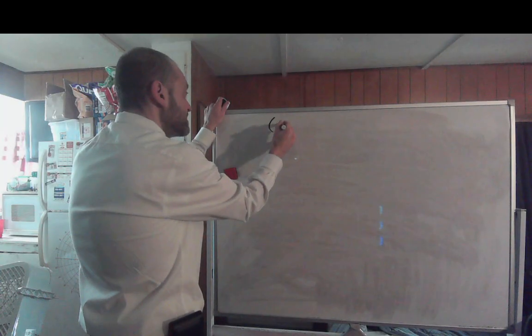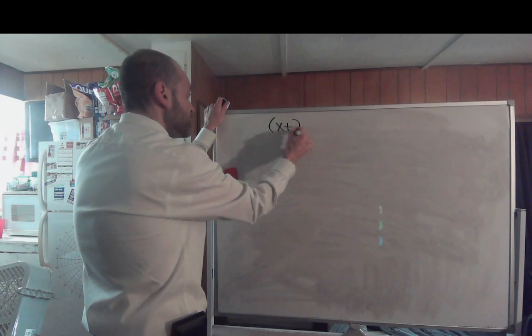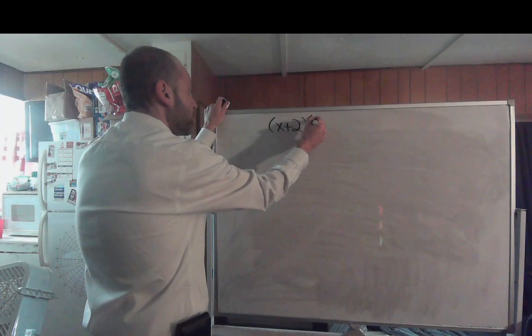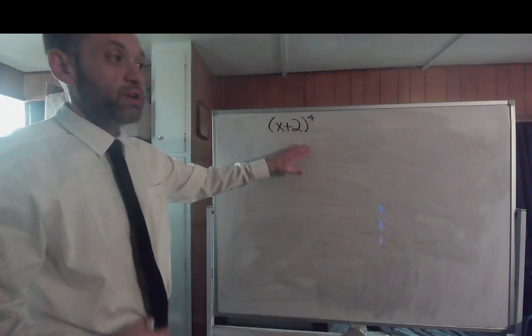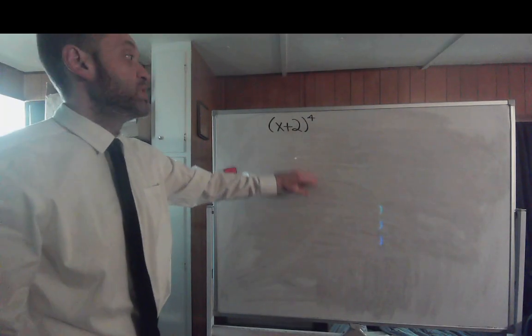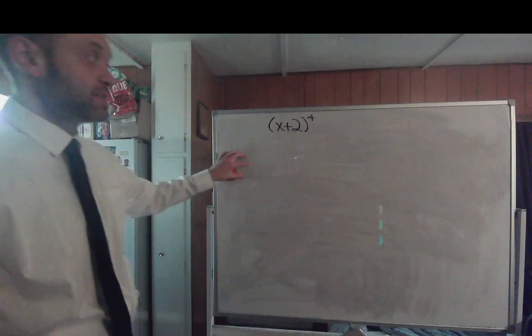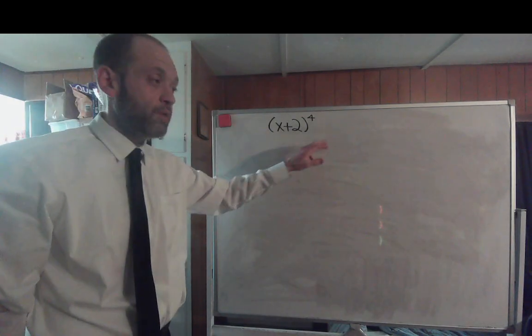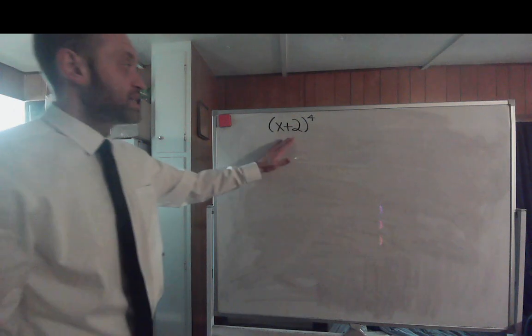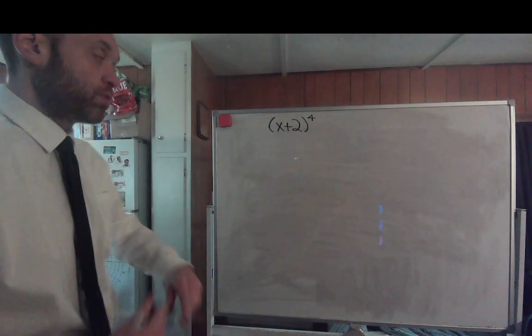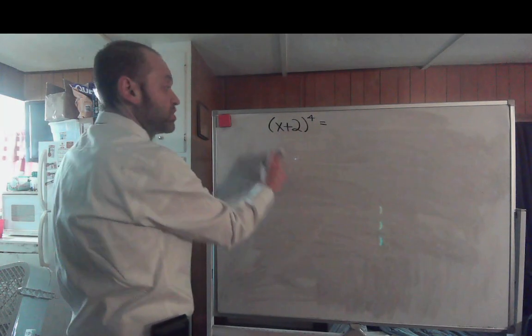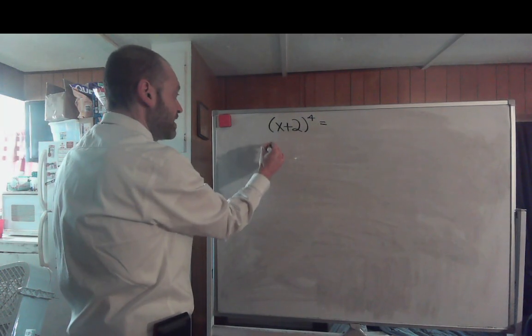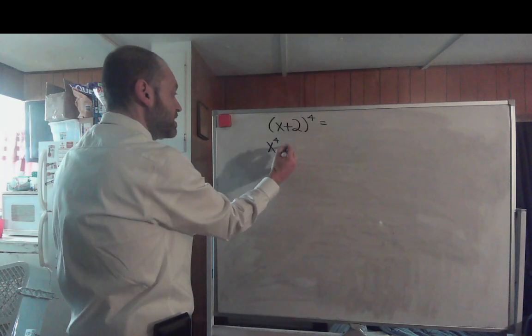Let's say I give you something like x plus 2 raised to the 4th power. So this time we're going to take a binomial to the 4th power, which means we should have 5 terms, since there's always 1 more term than the power you have. So we're going to take x plus 2 and raise it to the 4th power. Okay, we'll always start with your first term raised to the highest power, so that'll be x to the 4th,